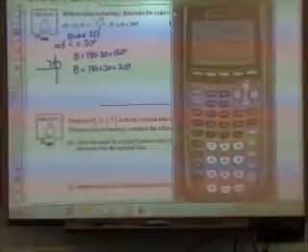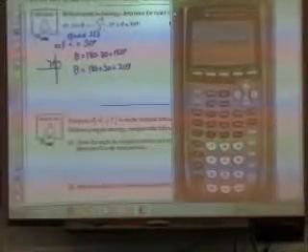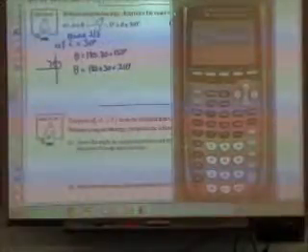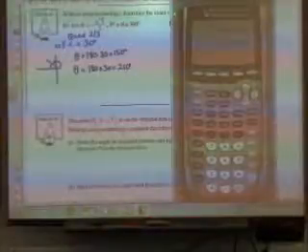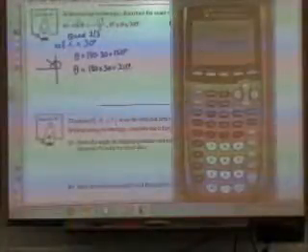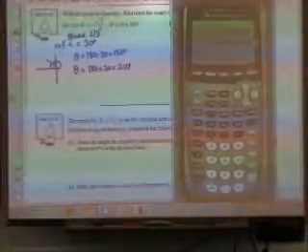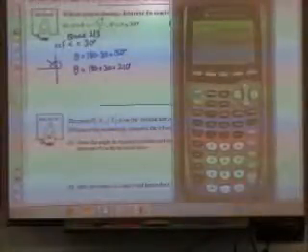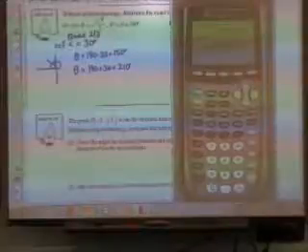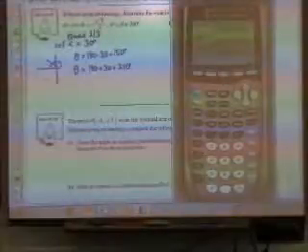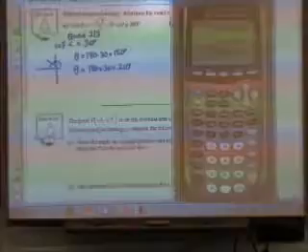And if I put a negative in front of the root 3, I get the negative 0.8660. So that is showing me that 210 gives me that negative root 3 over 2. If I typed in cos 150, same thing. So if we look at the next one,